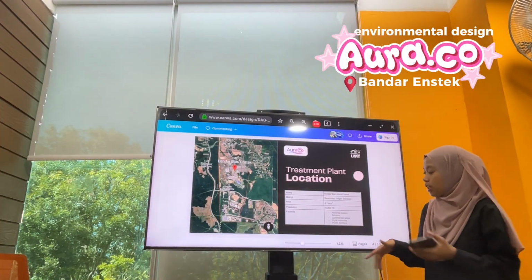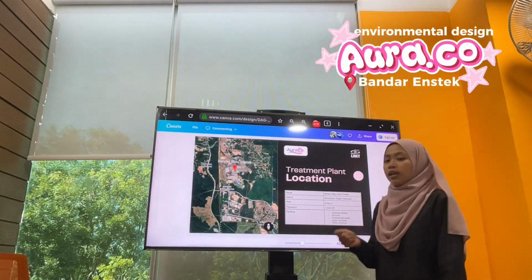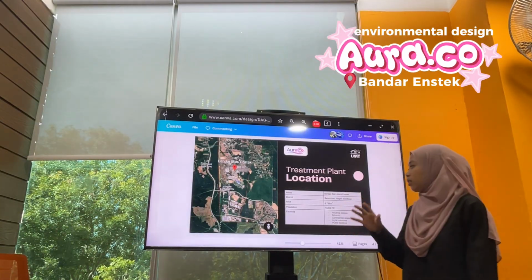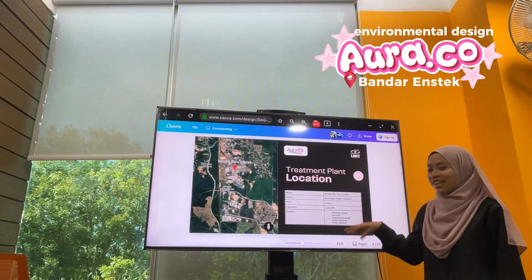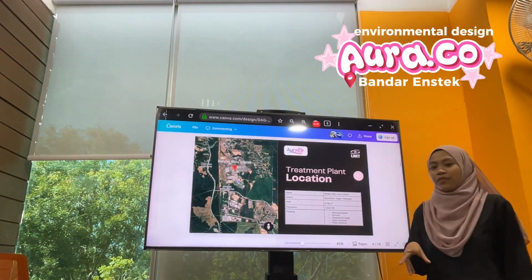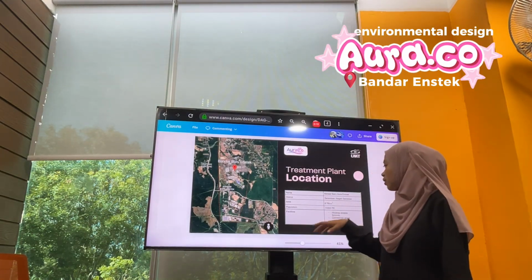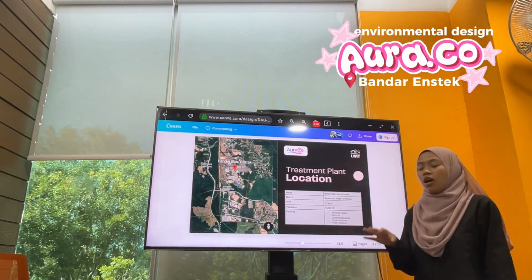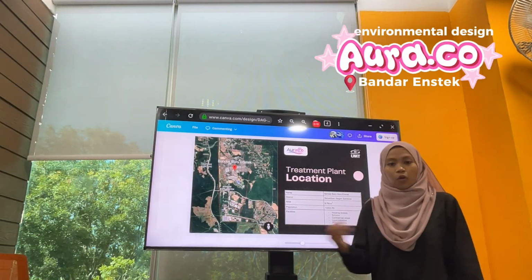After this change, the area is 6.78 km square, and the population is 30,300 PE. So the Bandar Baru Aura Estate has facilities which are housing estates, school, commercial area, light industry,